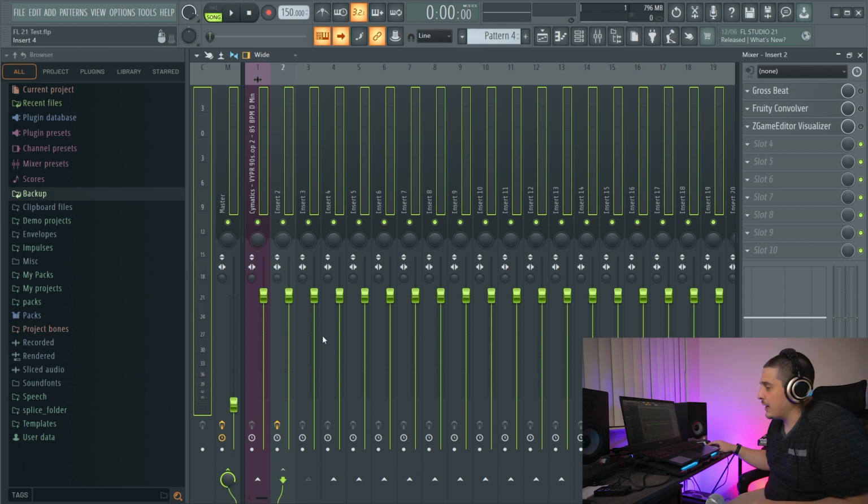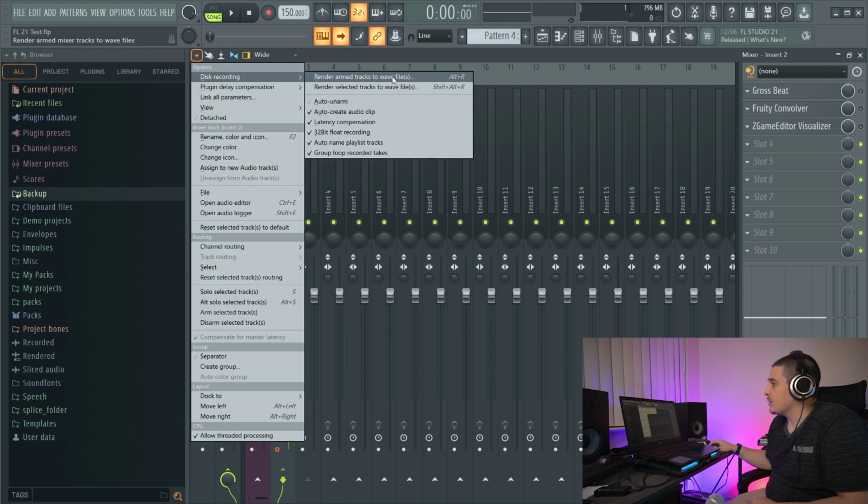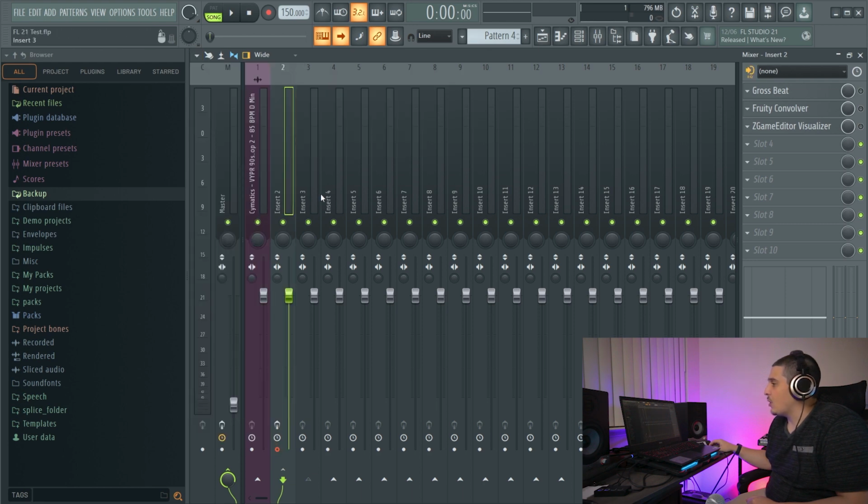So if I go Control-A, for example, and I turn on and off the enable effects slot, this is a good way to go from having your entire track wet to your entire track dry in the single click of a button. We can also now, in the way we can render an ARM track by doing Alt-R,